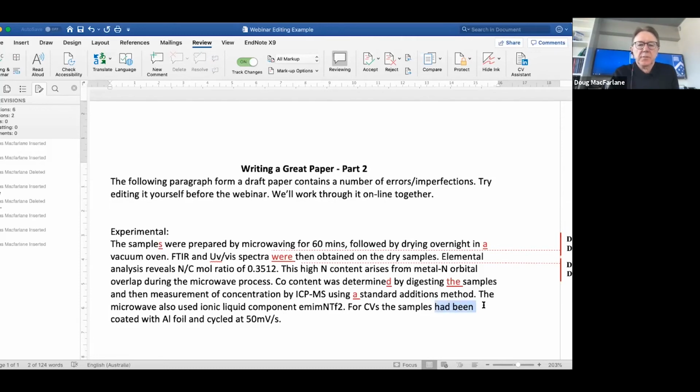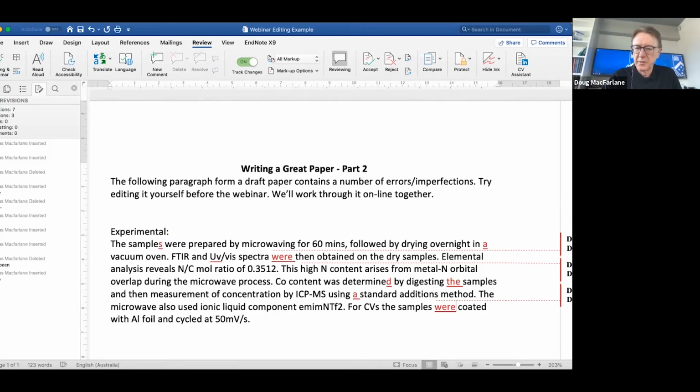Had been is yet another past tense, but it's a different past tense. Remembering we're trying to stick to one, and had been is an even more historically ancient past tense than were. I think we started off with were at the beginning, so we want to stick to that here. The samples were coated with AO foil and cycled at 50 millivolts per second. Okay, I'm going to come back to that in a minute